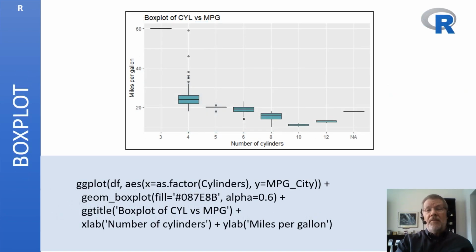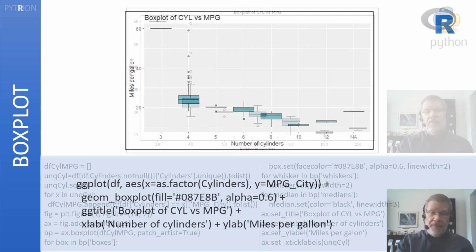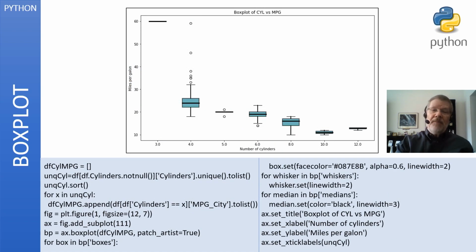Moving on to box plots, we see that R is equally adept at generating this chart. The only new thing we really haven't seen before here is the use of the alpha parameter to produce a more transparent turquoise so the lines won't be as obscured. Making matplotlib match the R box plot stylings is a surprisingly involved matter, requiring generating lists and iterating over them to modify the look of the box plot components and to generate x-axis tick labels.